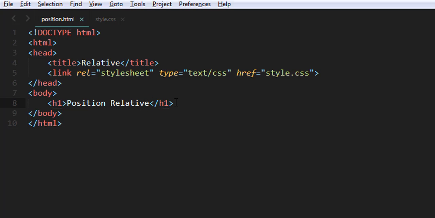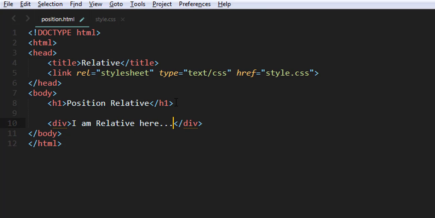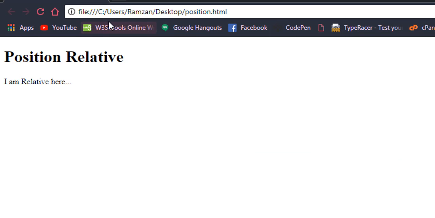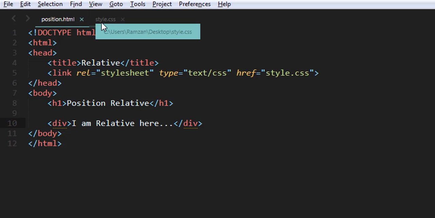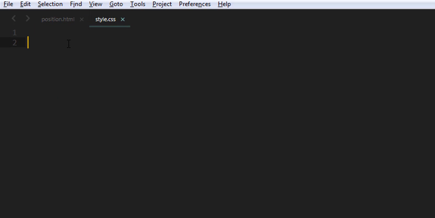And I have another div where I will implement that relative position. So here the div is, I am relative here, right? And now in this output screen you will find this specific thing, and now in the CSS what I am going to write is the h1 tag,